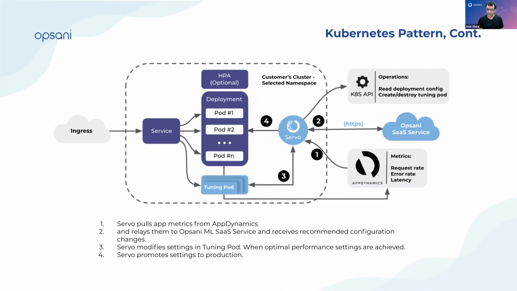We're also partners with an APM company. Lo and behold, APM works pretty good for legacy applications, but we're helping the APM vendor, in this case AppDynamics, become cloud native ready. And APM at that point becomes our metrics source. So same architecture, you have an ingress point going to a Kubernetes cluster. We have our servo, which is a container that runs alongside your workloads, gets information from the metrics, and using that metrics, we make operations, and we make adjustments, and I'll explain how that works in a slide or two,